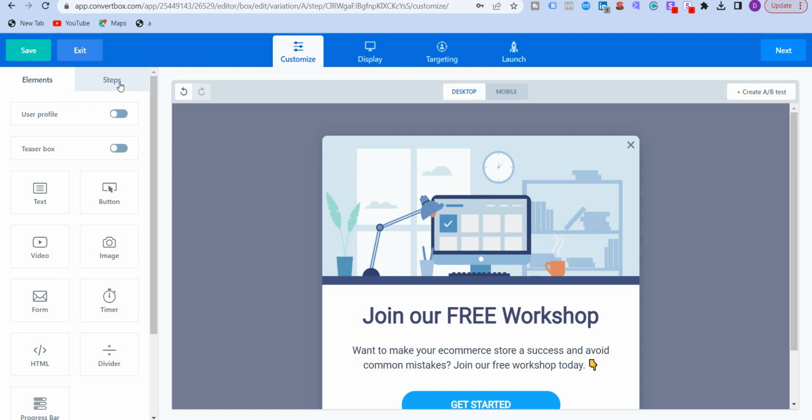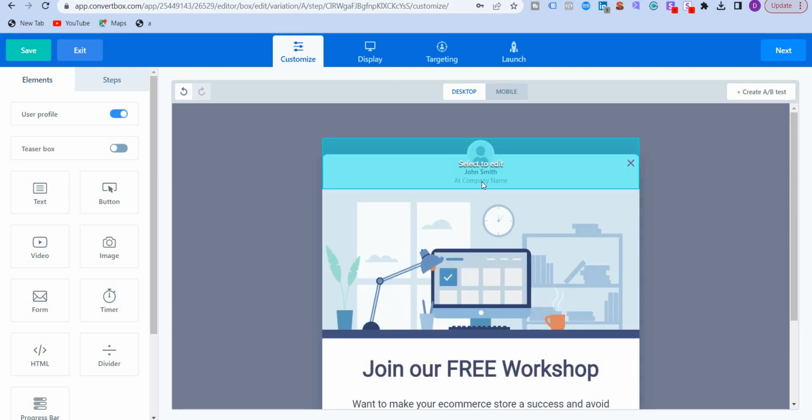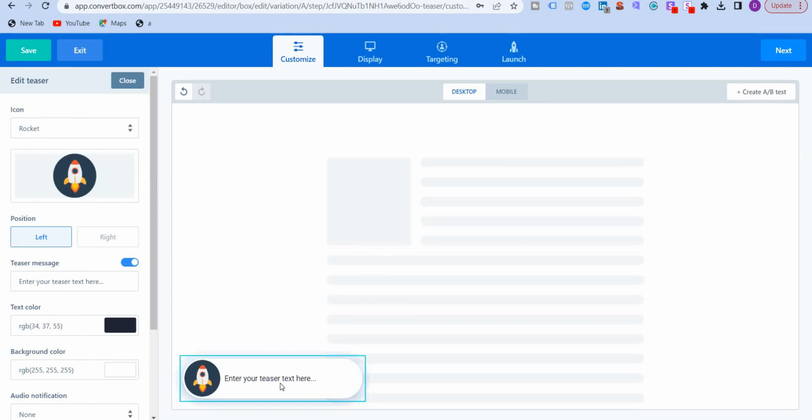Now coming to the elements and steps, which is in the sidebar, and user profile. This is what I was showing you earlier. You can click on user profile, and if you are a subscriber, your name would show up over here along with the company, right? You also have the option of using a teaser box. For example, you don't want to show this pop-up. What you can do is turn this teaser box on and it will show on the bottom left, and you can put in the text over here, something like